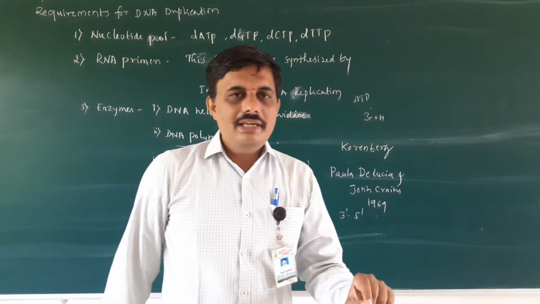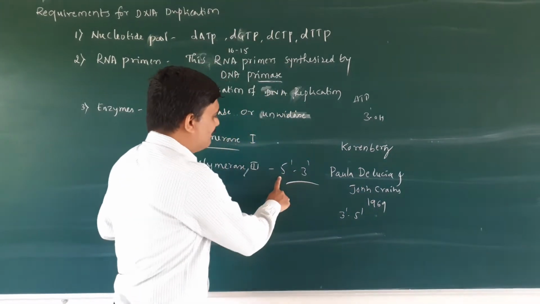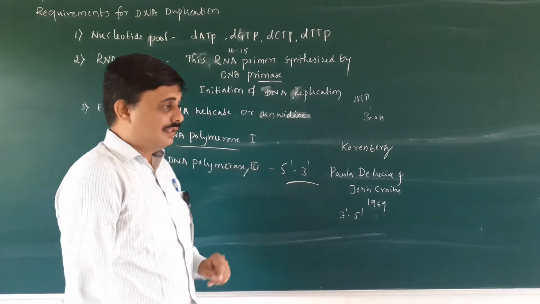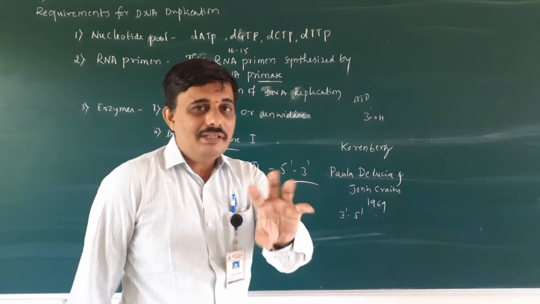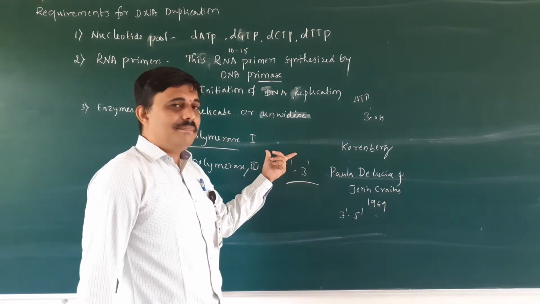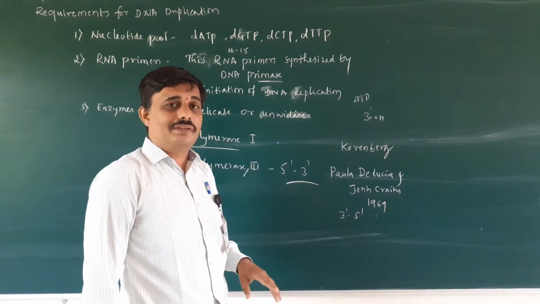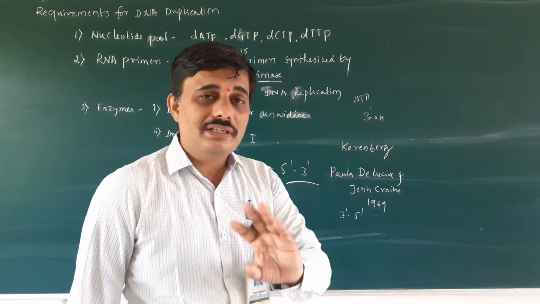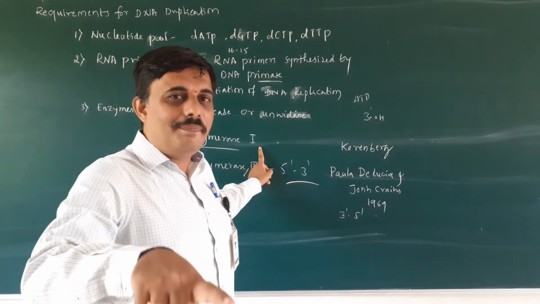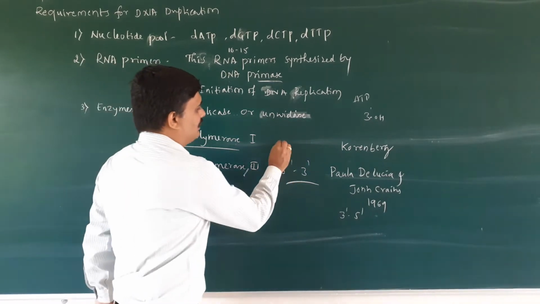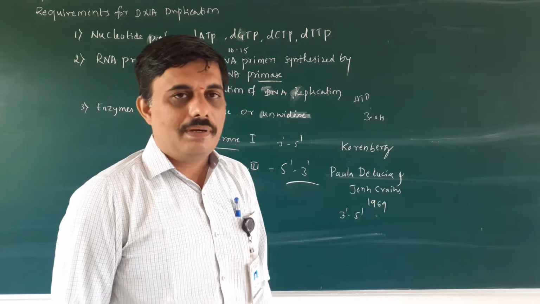Always the DNA duplication, or the synthesis of DNA, occurs in the 5' to 3' direction. So what did the DNA polymerase do? It is involved in the replacement of short RNA primers, the ribonucleotides, with deoxyribonucleotides. So it has both exonuclease activity and polymerization of the DNA.